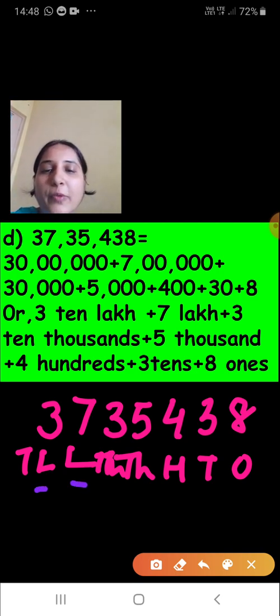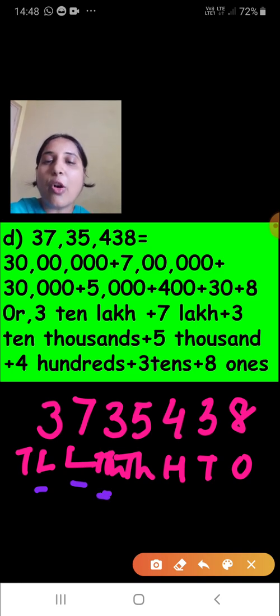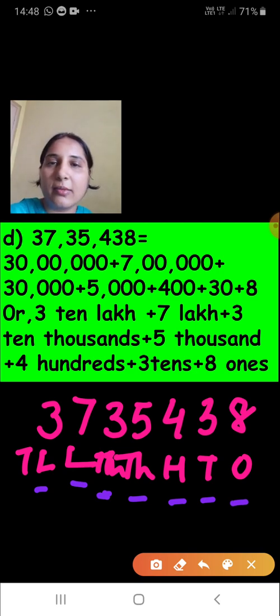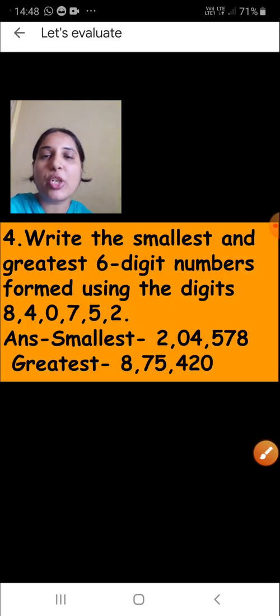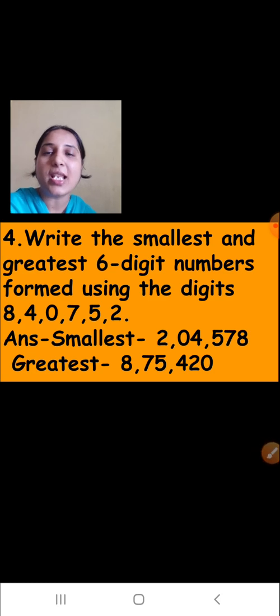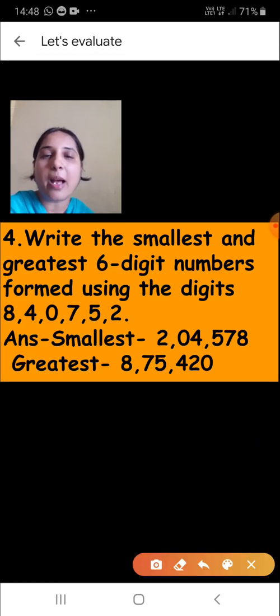The place value of 3 is 30,000. Place value of 5 is 5,000. Place value of 4 is 400. The place value of 3 is 30. And the place value of 8 is 8 ones or 8. Got it? Now, let's move to the next question, where you have to write the smallest and greatest 6-digit numbers